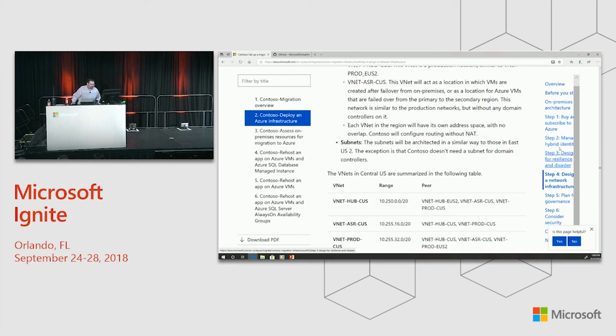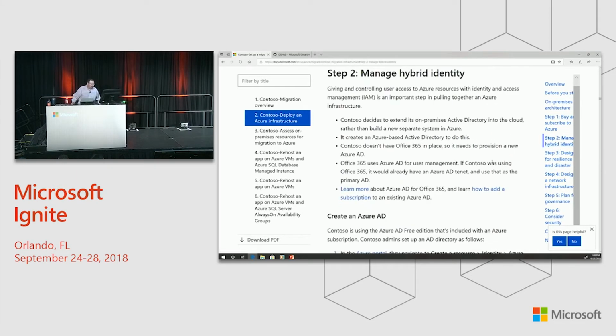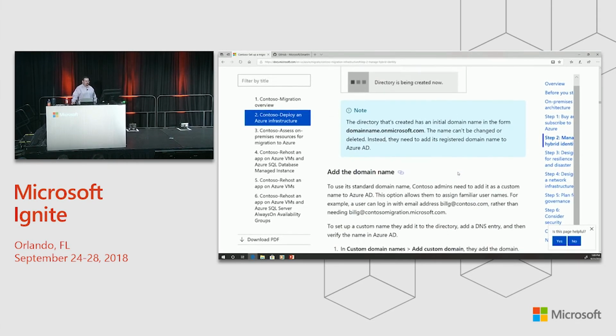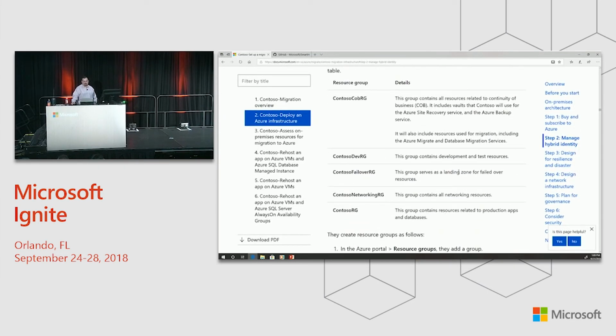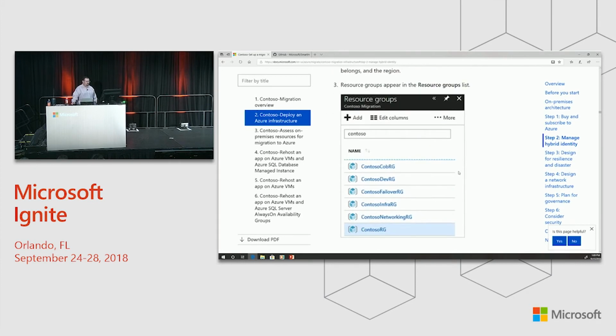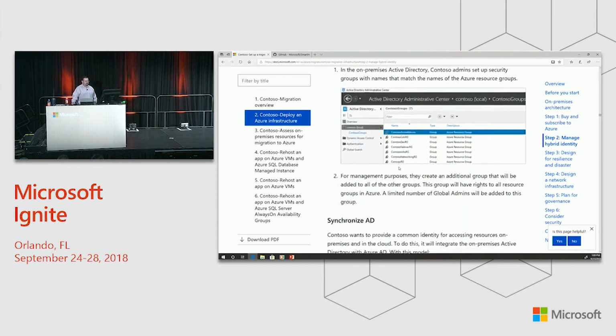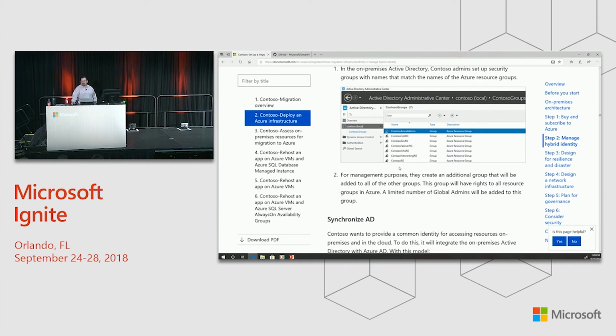Another one that for some reason people really love, the hybrid identity, is we give some guidance in here on naming resource groups. People love that, right? Because that's one thing you really should come up with. But then also matching resource groups here with security groups in AD. So when you do RBAC, you know what groups on-prem map to what groups in Azure, right? It's a simple little thing, but these are the kind of things that we're giving to you as best practices,